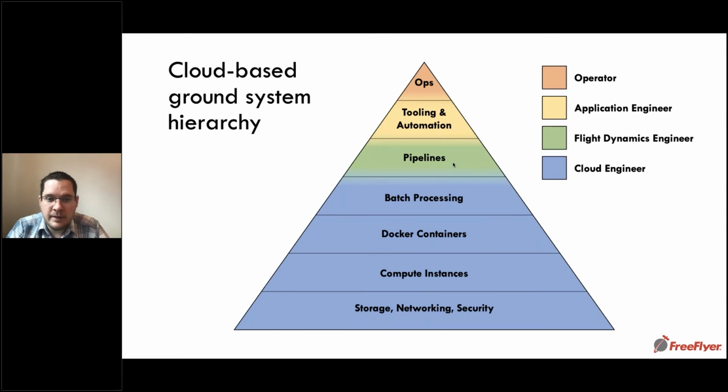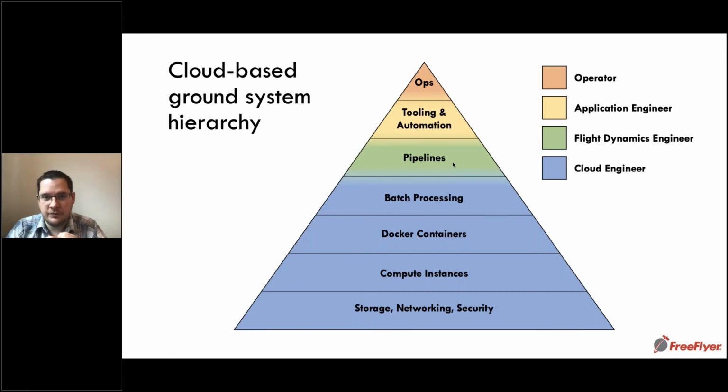So at this point, we have a good understanding of how these different technologies work together, where we want to be able to build pipelines, tooling, and to support operations. If we take a look at this diagram, starting at the bottom and moving up, at the bottom we have a solid understanding of networking and security. We can then have compute instances on top of that, the EC2 instances. We talked about how when we abstract out containers on top of the compute instances,